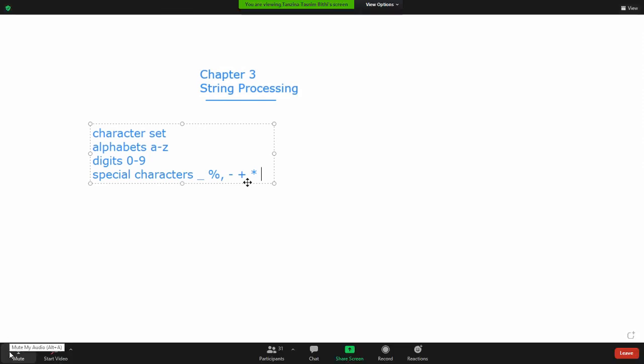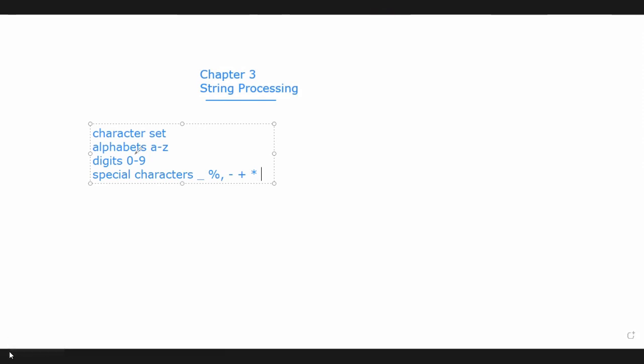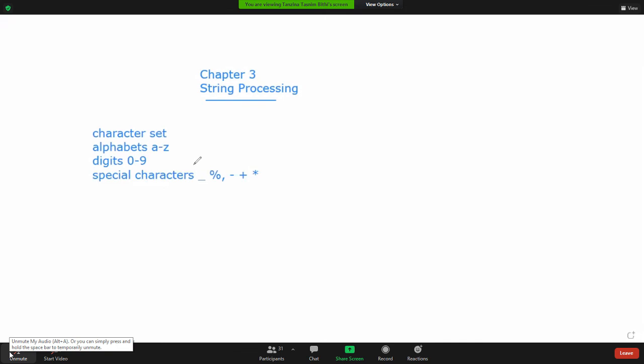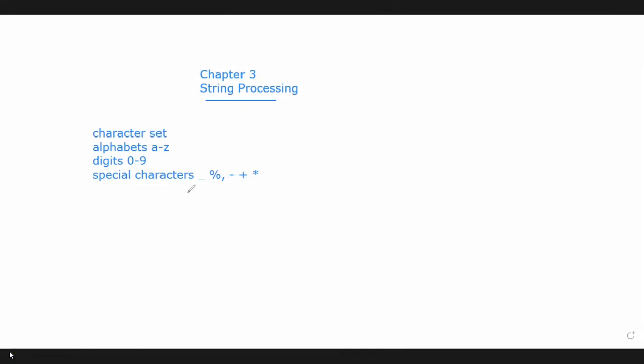We can use blank space also, right? So these are the character set of the C programming language.